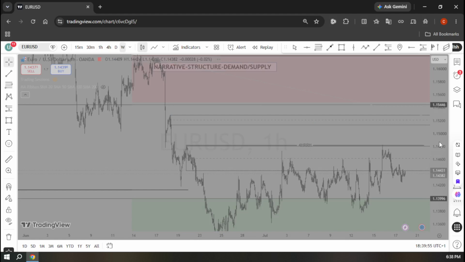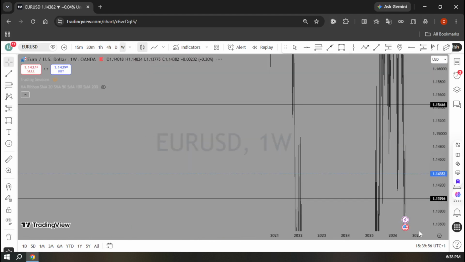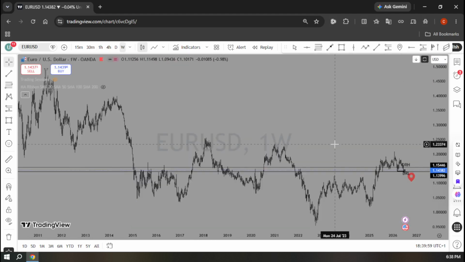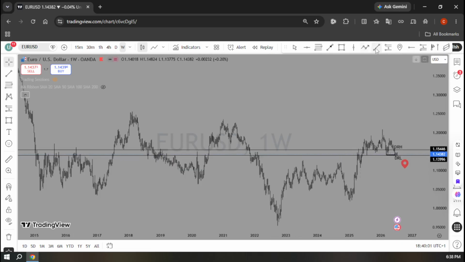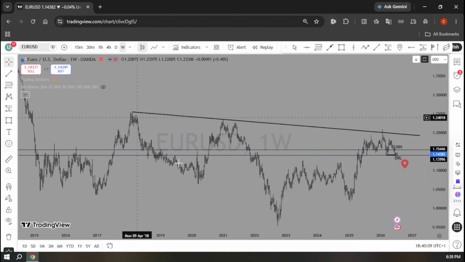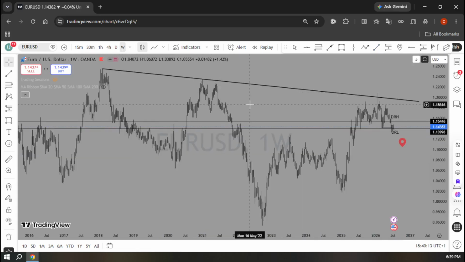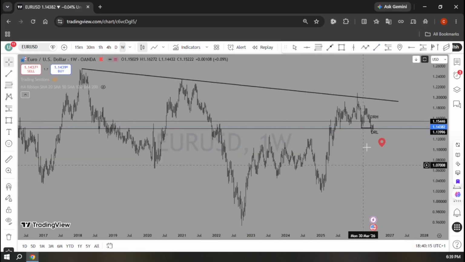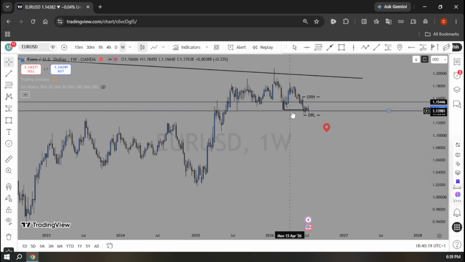Why do I say it is bearish? Now let's go to the weekly time frame and make this clearer. You see, price has been trading on this. Yeah, this is what we have. A rejection here, a rejection here, and this is on the weekly time frame. So what do we anticipate? We anticipate lower pricing, and we just have had a break of structure right here, and this is a low